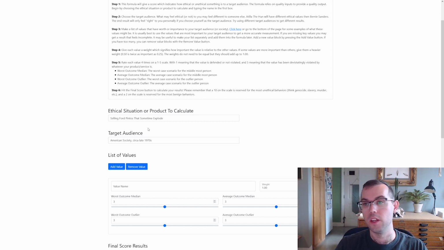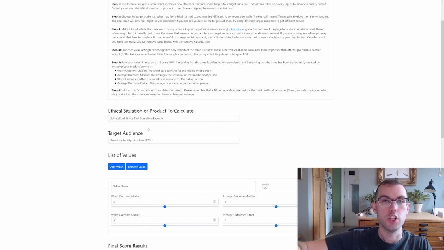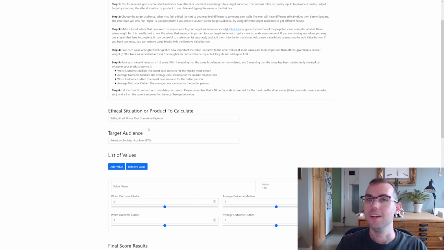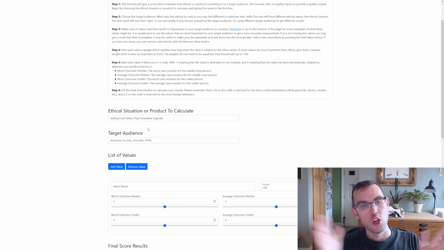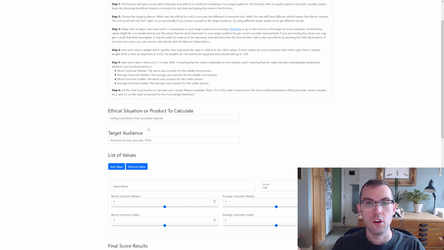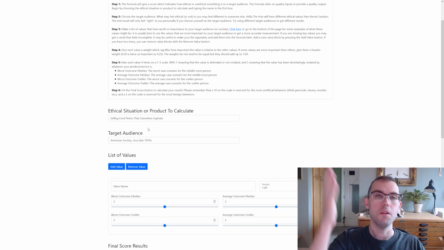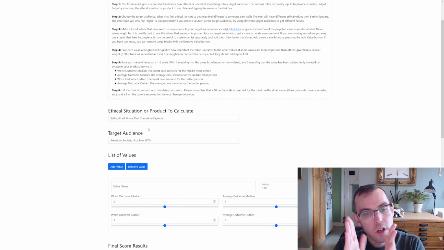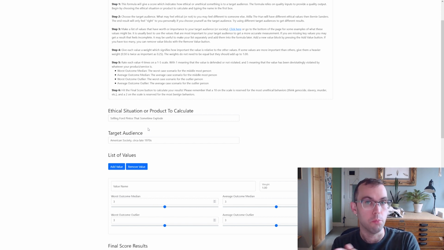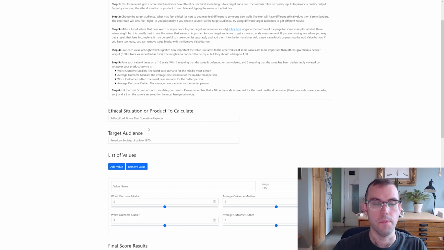So for example, some coal miner in West Virginia is going to have very different ethical values than someone in San Francisco who's a millionaire, right? They're going to be different, and they're all lumped in together. So the broader you set your target audience, in some ways, the simpler it is, but there's going to be more variance within your population. The more narrow you set that target audience, the more accurate it might be for any individual person in there, but it's going to be a little more work to really tease out the values that they find important.